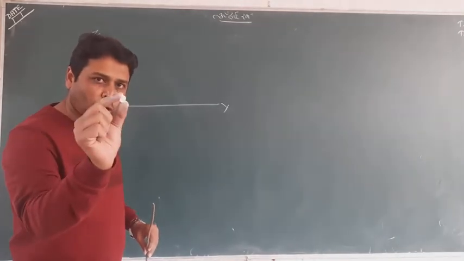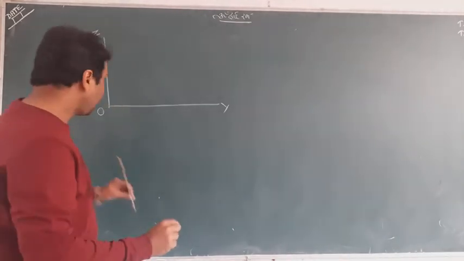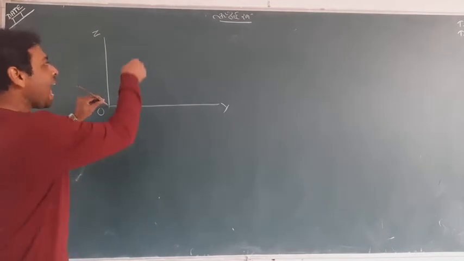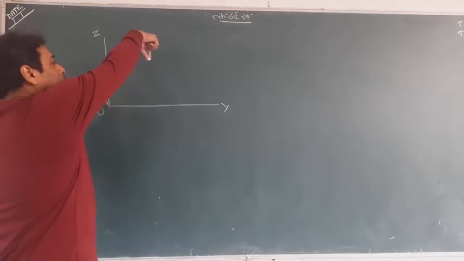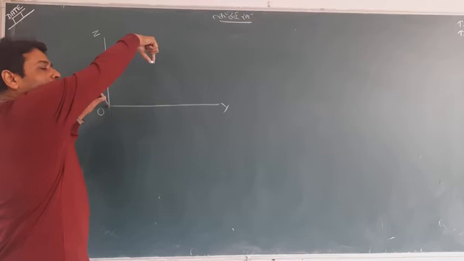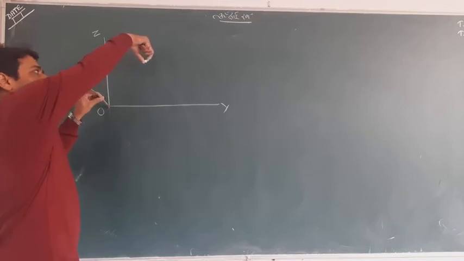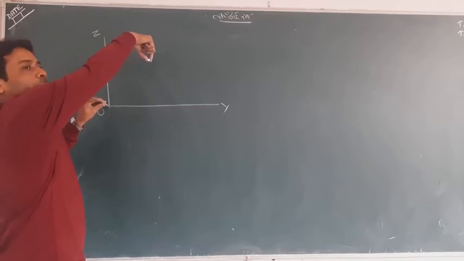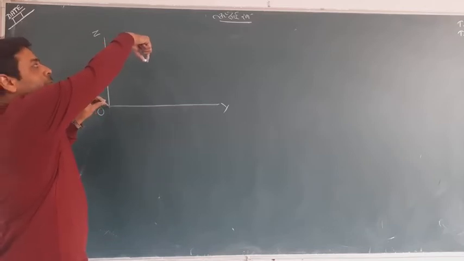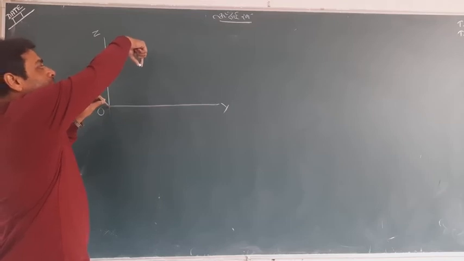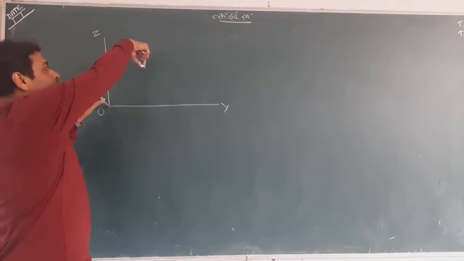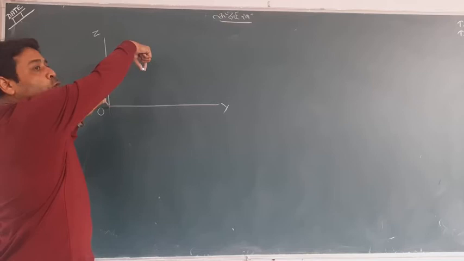a piece of chalk. This is my point, and this point is hanging in the space like here. So can you think simply? This is a piece of chalk, a small piece of chalk. This is my point P. This is actually in the space, and I have intentionally taken this point in the first octant.